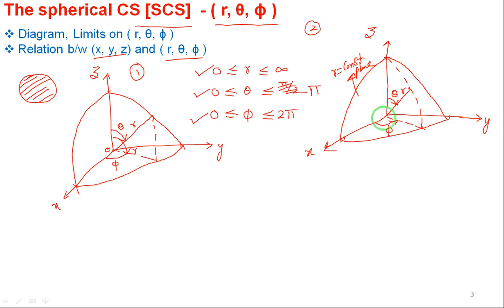Then the theta equal to constant plane. See here, theta means this radius r is making angle theta with respect to the z axis, right? So the z axis is always the reference, and the theta angle is fixed, r is fixed, and if it rotates by 360 degrees, a cone is formed. I will draw this conical shape. See here, I am drawing it crossing this point, right? A conical shape is formed. If I take a point anywhere on this dotted line, it is a conical shape, so theta equal to constant plane. Theta is fixed, theta equal to constant plane.